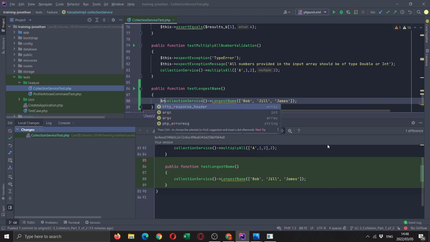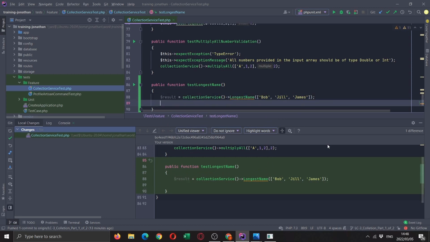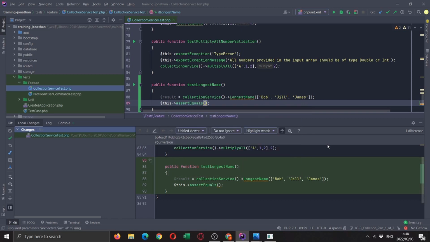So let's say result equals, and then we will do this->assertEquals. Just visually looking at that, I believe we do expect James back. Interesting. It did not say what it should do if the longest name is the same length, but maybe that's overthinking it.